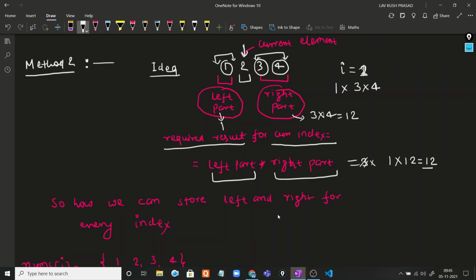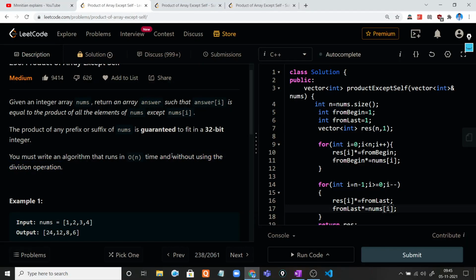So it gives our required answer, and here we don't need to use any division operation. We use only multiplication, so it follows the condition given in the problem.